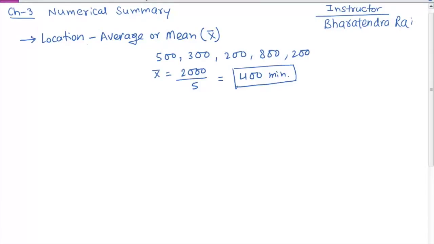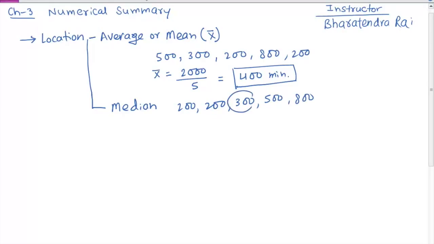But there is also a drawback of including every data point, and that is if one of the values becomes very high, your x bar will obviously also indicate a higher average. In situations where you have skewed data, like skewed histograms, it is more useful to make use of another measure of location called the median. To find the median, you arrange the same data in order: minimum 200, then 200, 300, 500 and 800. The middlemost value is 300, so that's the median.